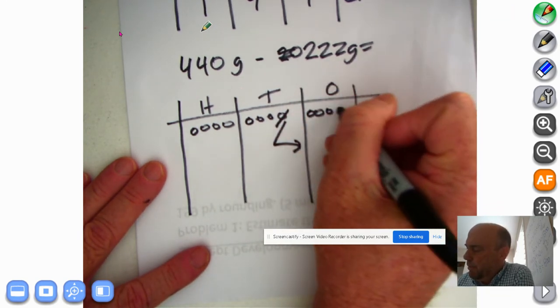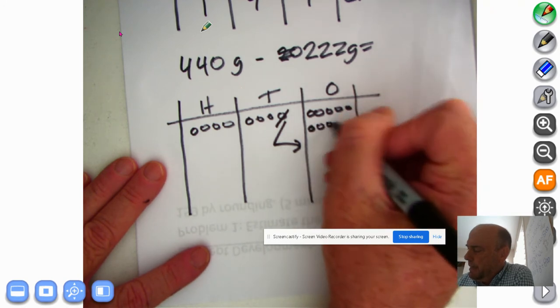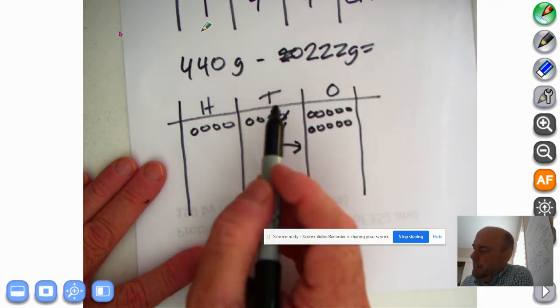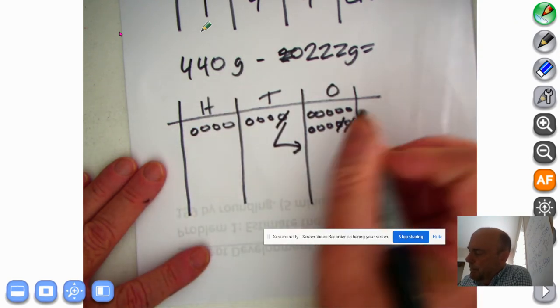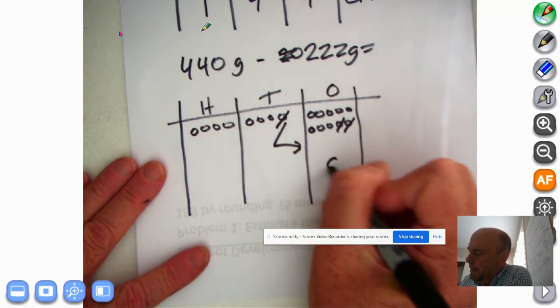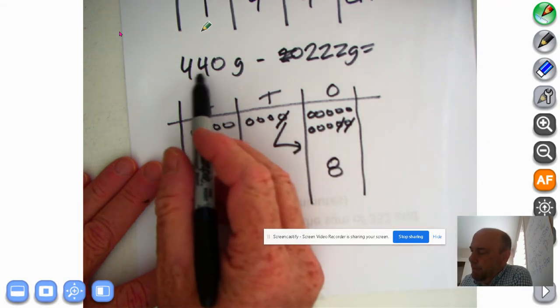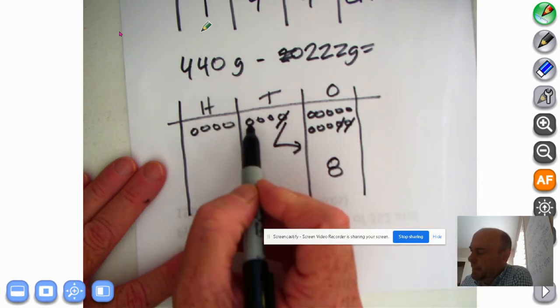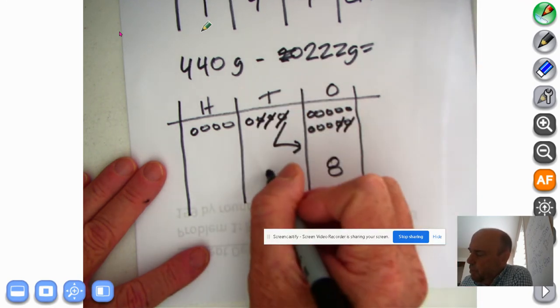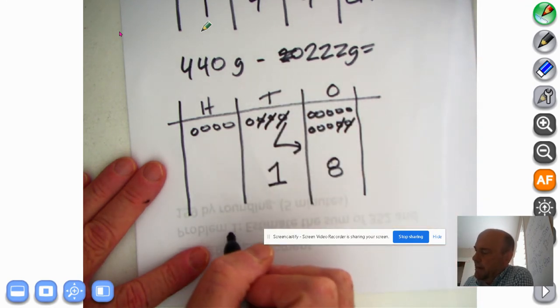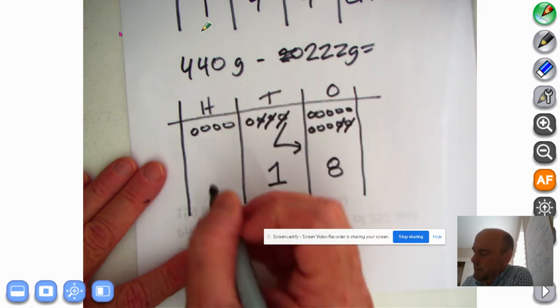1, 2, 3, 4, 5, 6, 7, 8, 9, 10. Okay, so what are we subtracting now? We have a 10 here, so we're subtracting 2. What do we have left? 1, 2, 3, 4, 5, 6, 7, 8. Now we no longer have 4 tens. We only have 3 tens, and we're subtracting these 2 tens. So we have 1 ten left. And 400 minus 200 would be